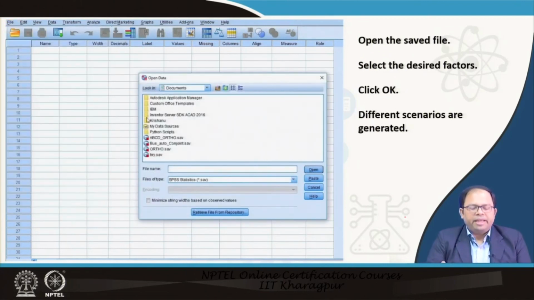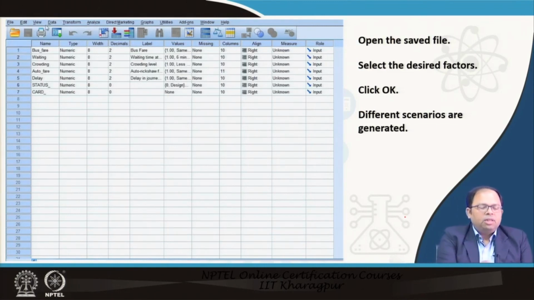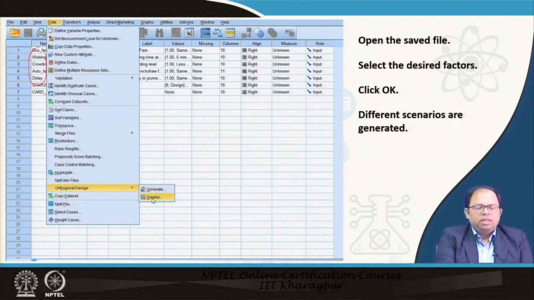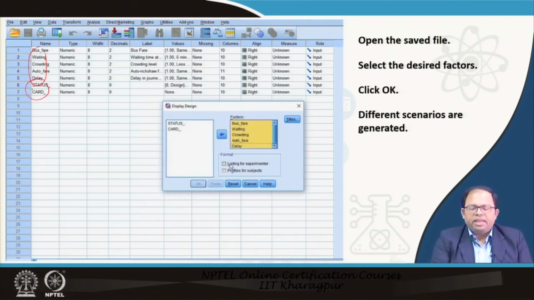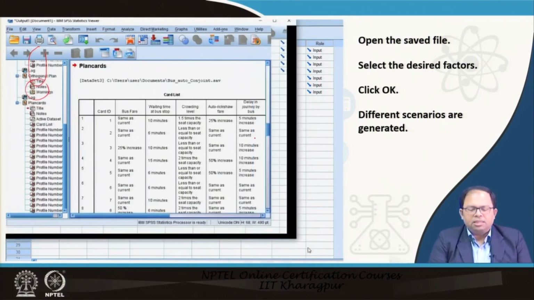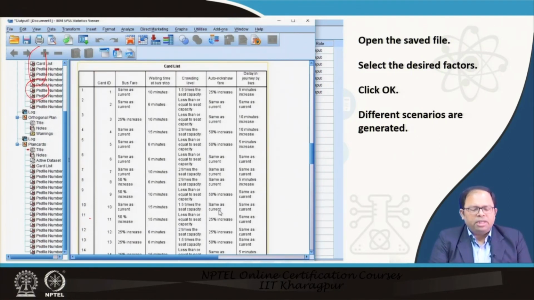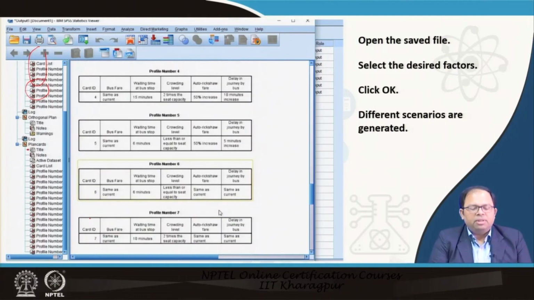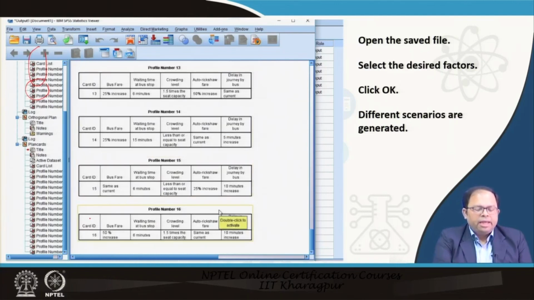Once we have done that, we can again open this file, and now you can see here that all the different attributes are listed, and all the different levels are given. There are some system defined attributes also that come in. Then we can select the particular attributes which we want to use, and after the selection, we can get the different cards that can be generated. As you can see, here are 16 cards that have been generated, and instead of 108, the number of combinations, like for example, there were around 3 levels and 5 attributes, so it is around 3 to the power 5 combinations, we have only 16 combinations. Individually, each of these cards is given,